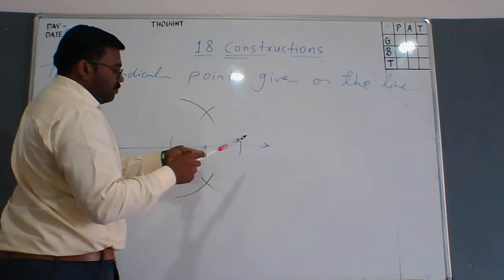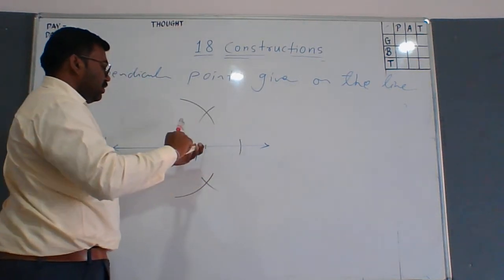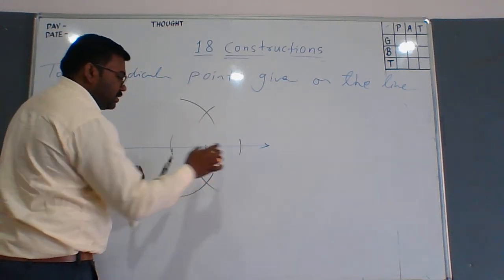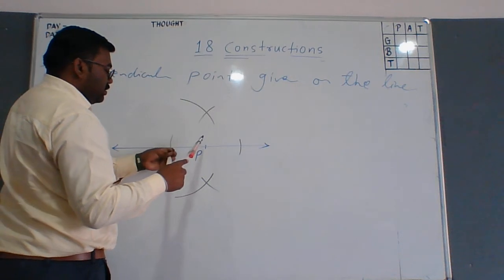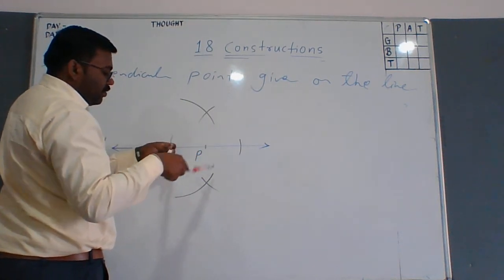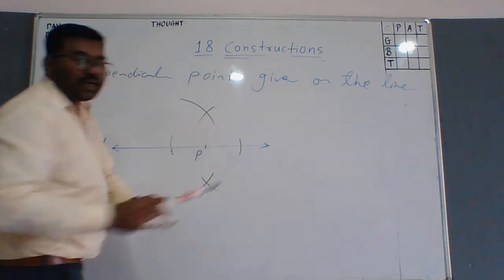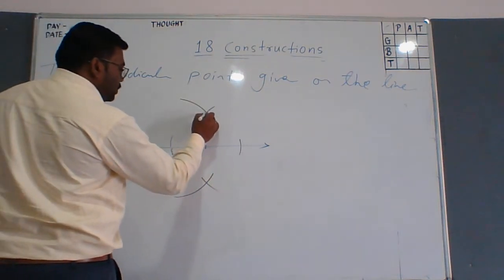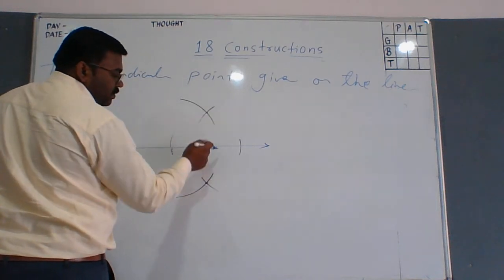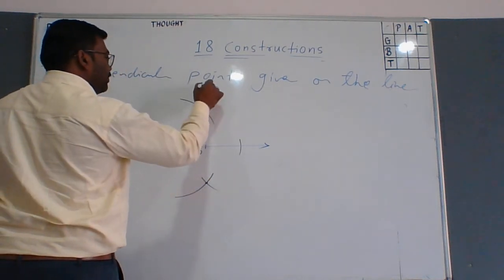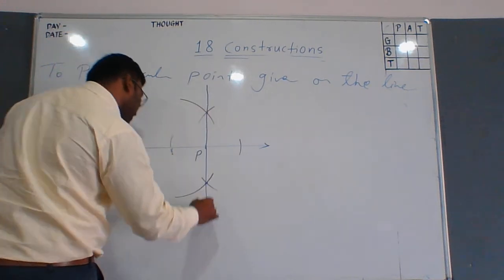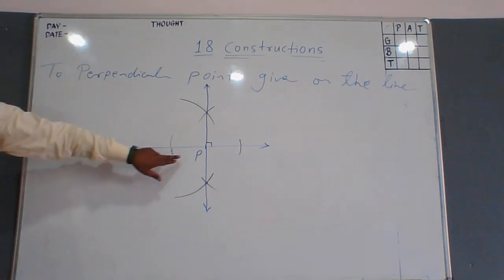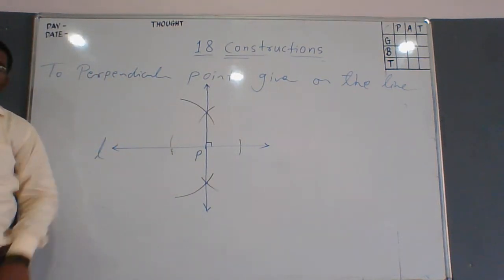First we have put the pointer on P. First arc on the right, second arc on the left. So we got these 2 arcs. We will take more than half the distance between the 2 arcs. Draw upward and downward and put it here, cut the arcs. Okay. Then join these points. This is 1, this is 2 and this is 3. If we join this, we will get the perpendicular which is passing through the point P. So point P was on the line. Okay.